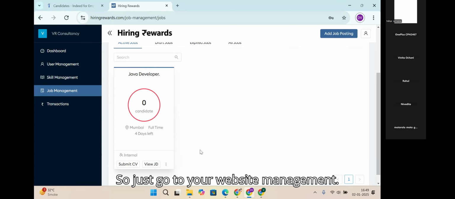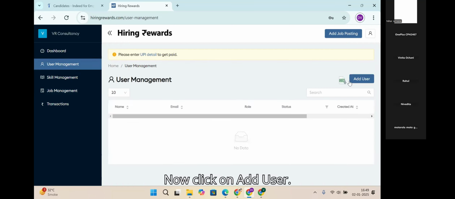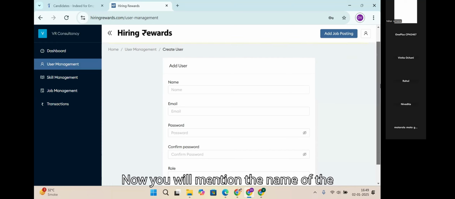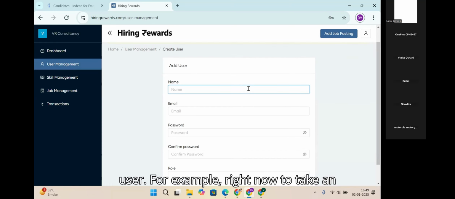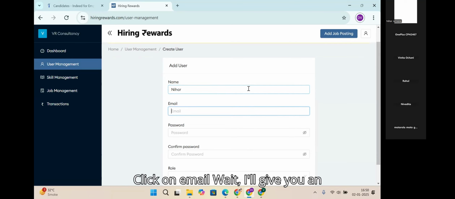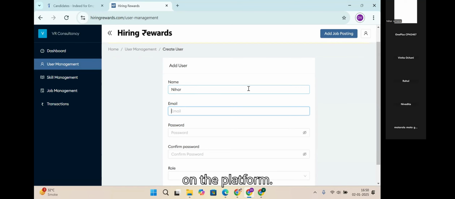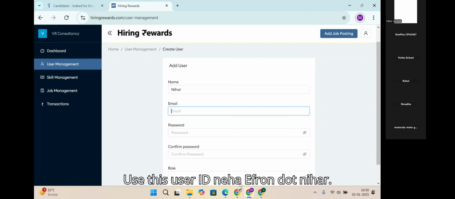So just go to your user management. Now click on add user. Now you will mention the name of the user. For example, right now we take an example of Nihar only. So mention Nihar. Click on email. Wait, I'll give you an email address which is not already there on the platform. Use this user ID, efron.nihar